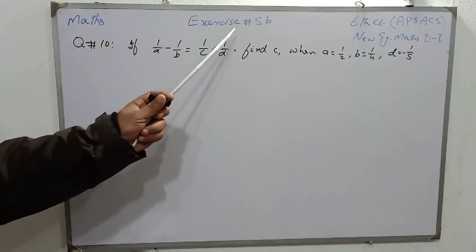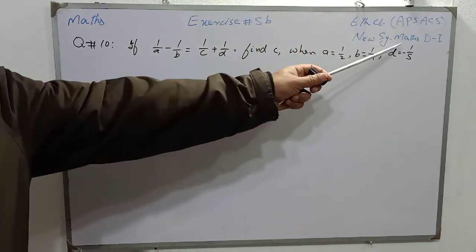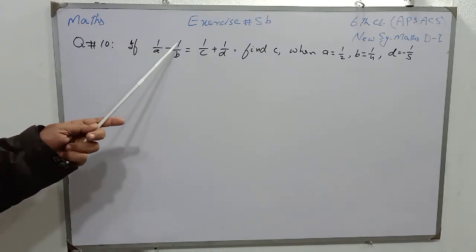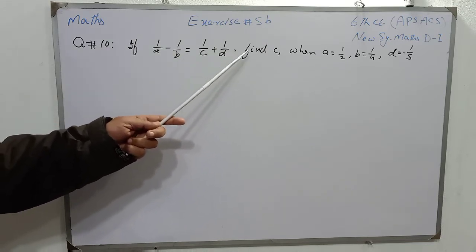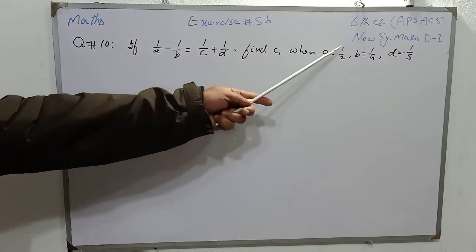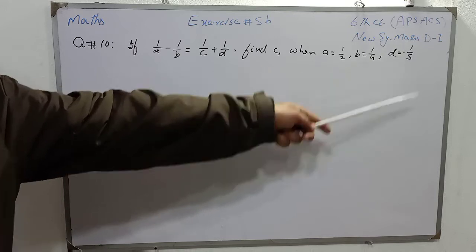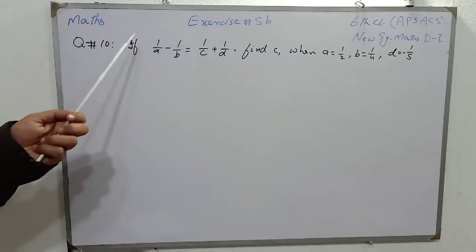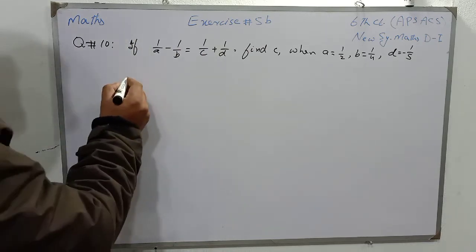Students, Mathematics Exercise 5B, 6th class subject students and new syllabus Mathematics D1. Question number 10 is: if 1 over A minus 1 over B is equal to 1 over C plus 1 over D, then find C when A is 1 over 2, B is 1 over 4 and D is minus 1 over 5. So students, first of all, the formula will be written, and the formula is 1 over A